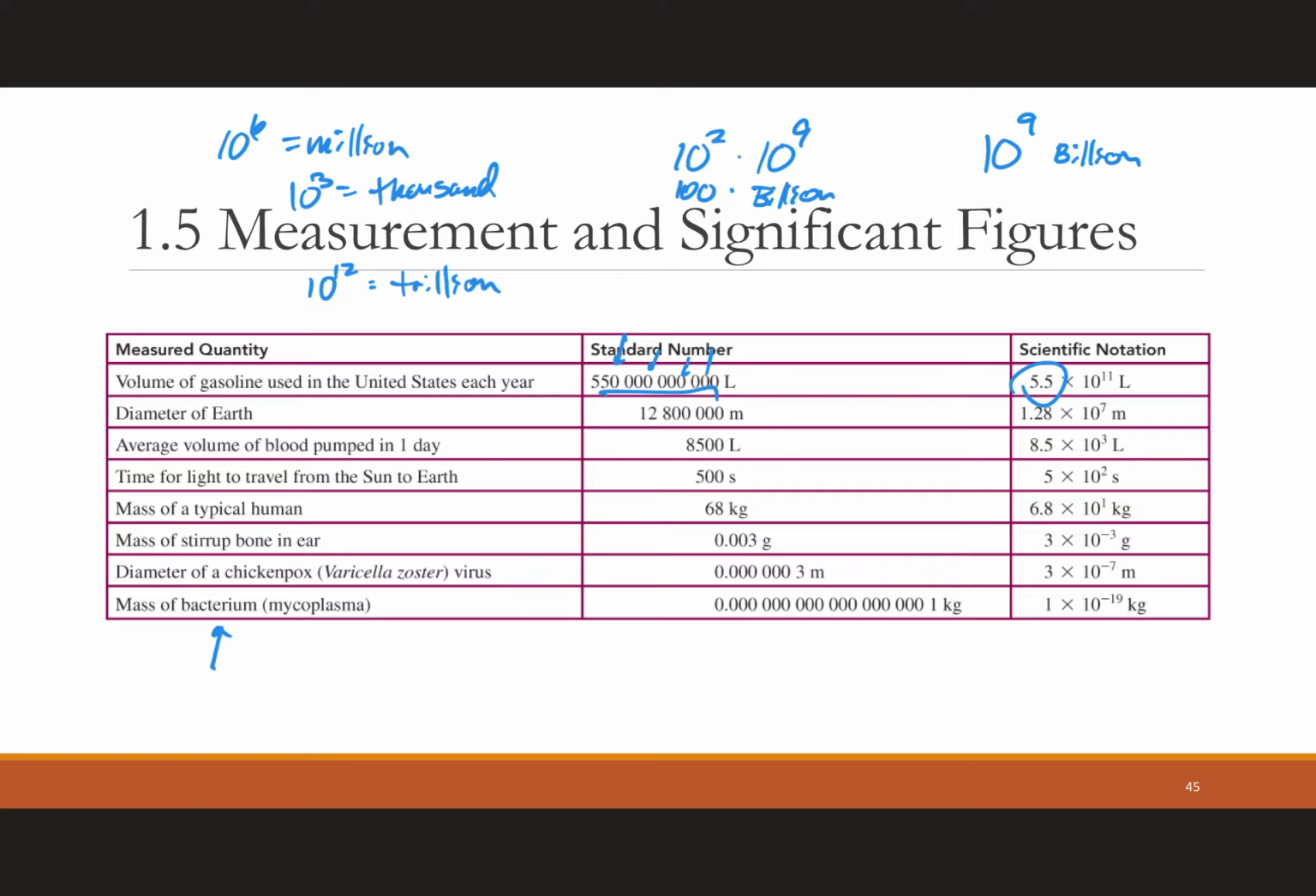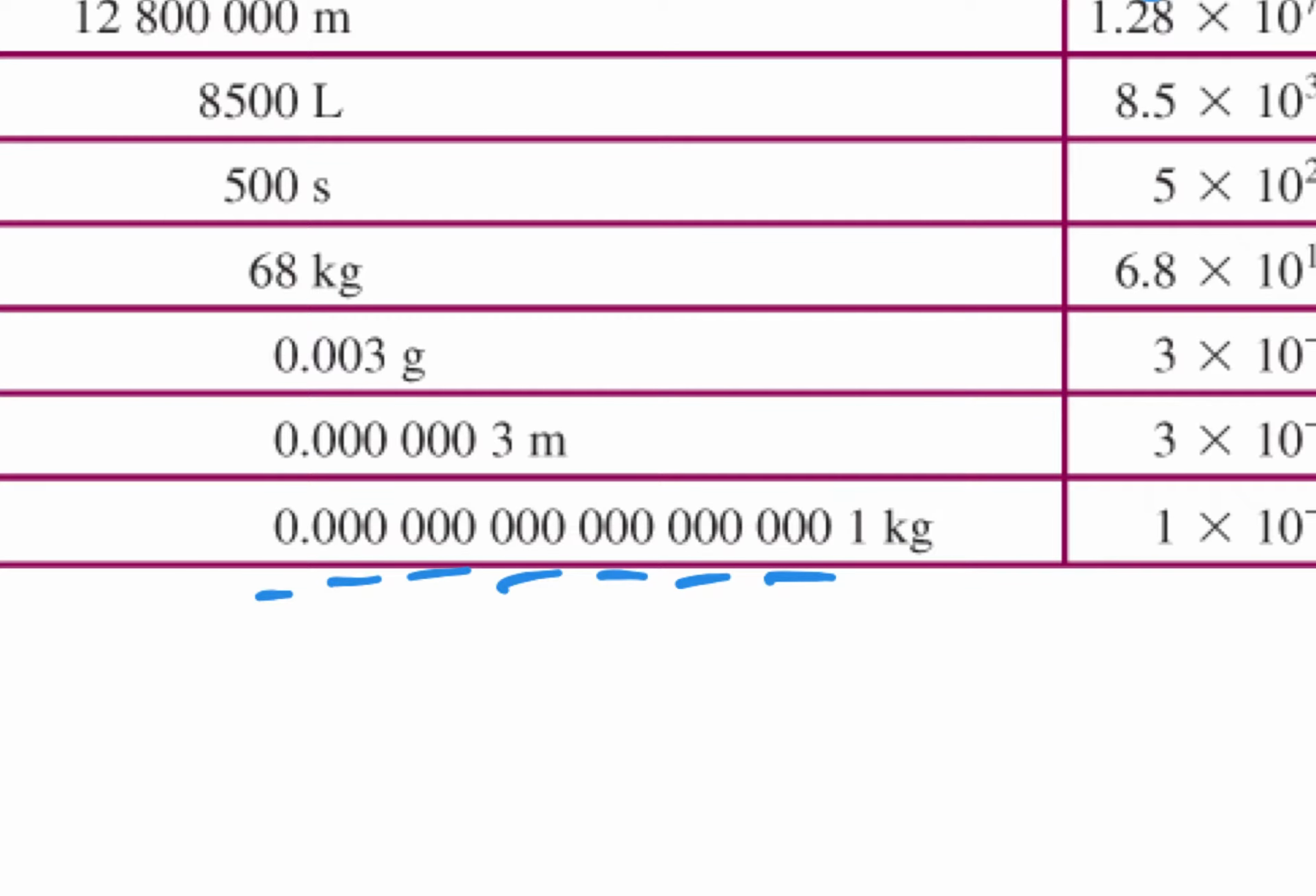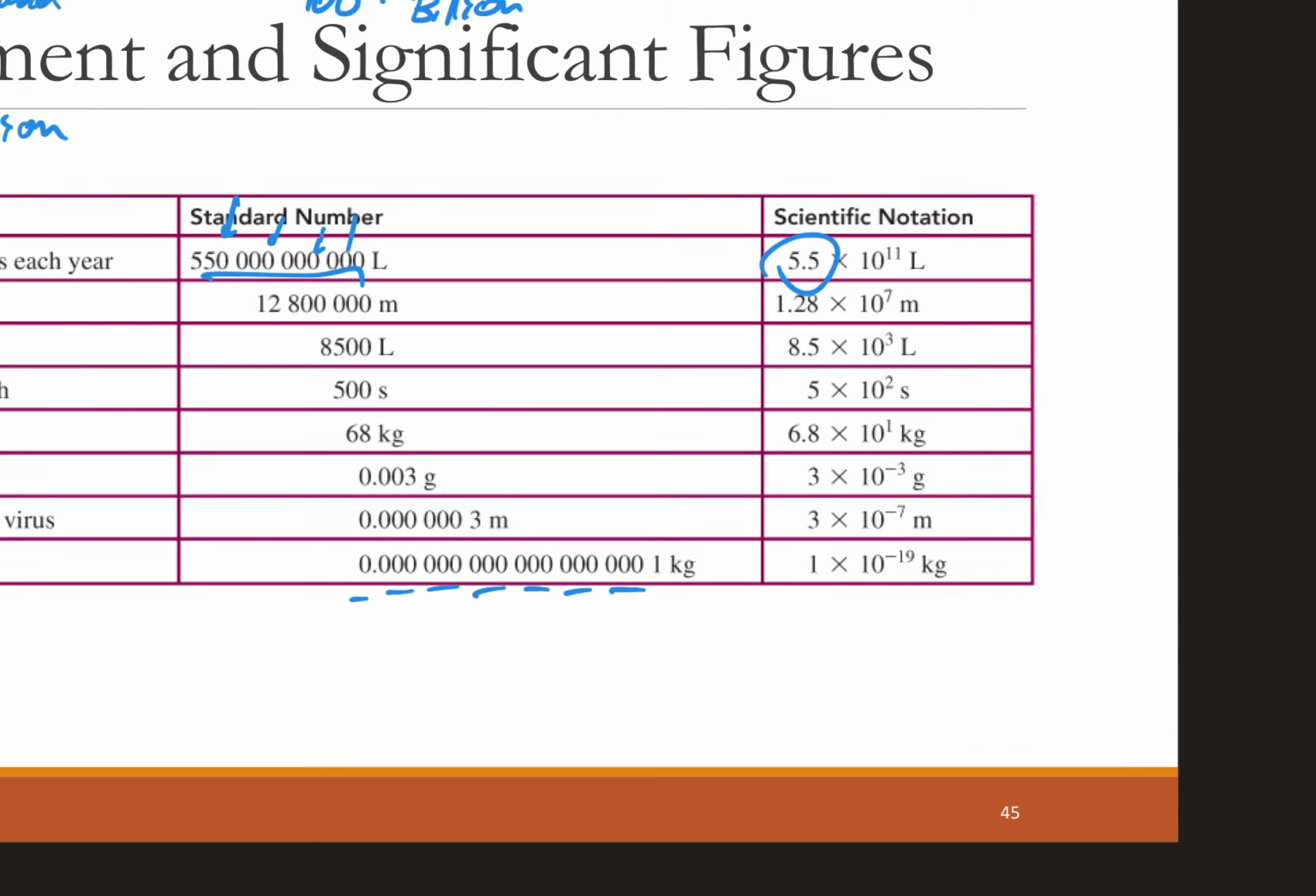Mass of a bacterium here now is a very small number. Look at that. You've got to count all these zeros. There are 3, 6, 9, 12, 15, 18, 19 zeros. If you're able to group them in threes, you'll notice there are spaces between the zeros which help, but often that's not done that way. So you just end up counting them, which is time consuming, but you get 1 times 10 to the negative